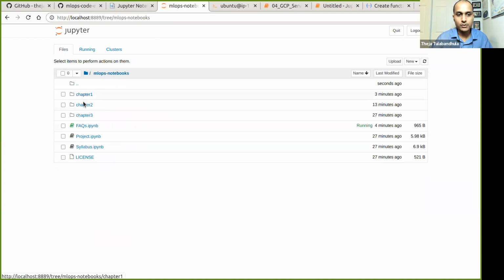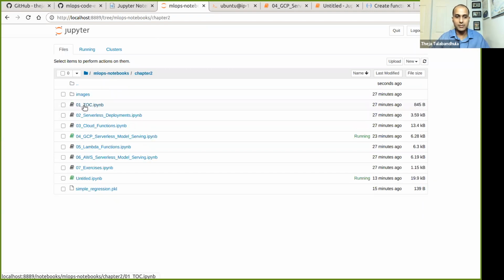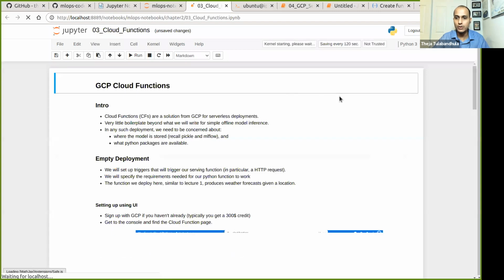So we are in chapter 2. Just to regain our bearings, we're talking about Cloud Functions. Last time we were looking at section 3, where we discussed some hello world examples, and towards the end we tried to get the simple regression model running there. I showed you a suboptimal way to do that. Today I'm going to use the second thing, Google Cloud Storage, to do it in a slightly more proper way. Let me open that to show you how to get set up.